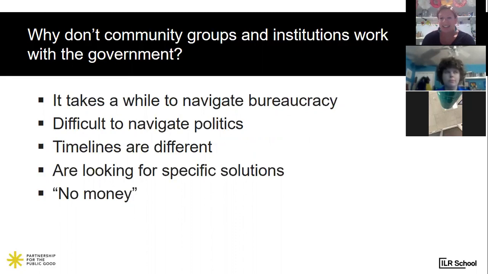There's also politics. So I think we're all pretty familiar with this on a national level, potentially on our local levels. It has nothing to do with what is or isn't allowed. It just has to do with what people think and how they're perceived and what relationships they have with each other. And sometimes they don't want to give information if they think it might make them look bad. So politics is a whole other story. I know a lot of you are majoring in that, but politics can be sometimes what inhibits community groups from being able to work and accomplish things.